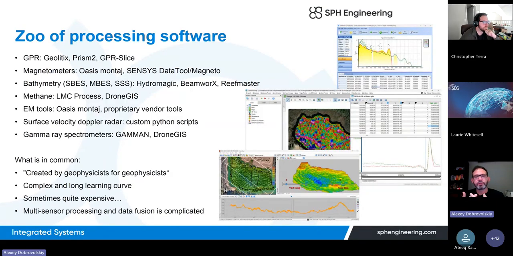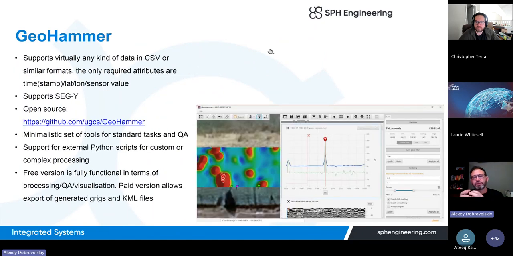With handheld devices, you often have some indicator in the device, and if you are looking for metal, for example, an exploded ordnance, you make a decision right during the data collection. So the situation is very different, and such potential customers also need very simple tools which can be employed not in months but in days actually. So that is how we came to the idea to create Geohammer, to have software as simple as possible